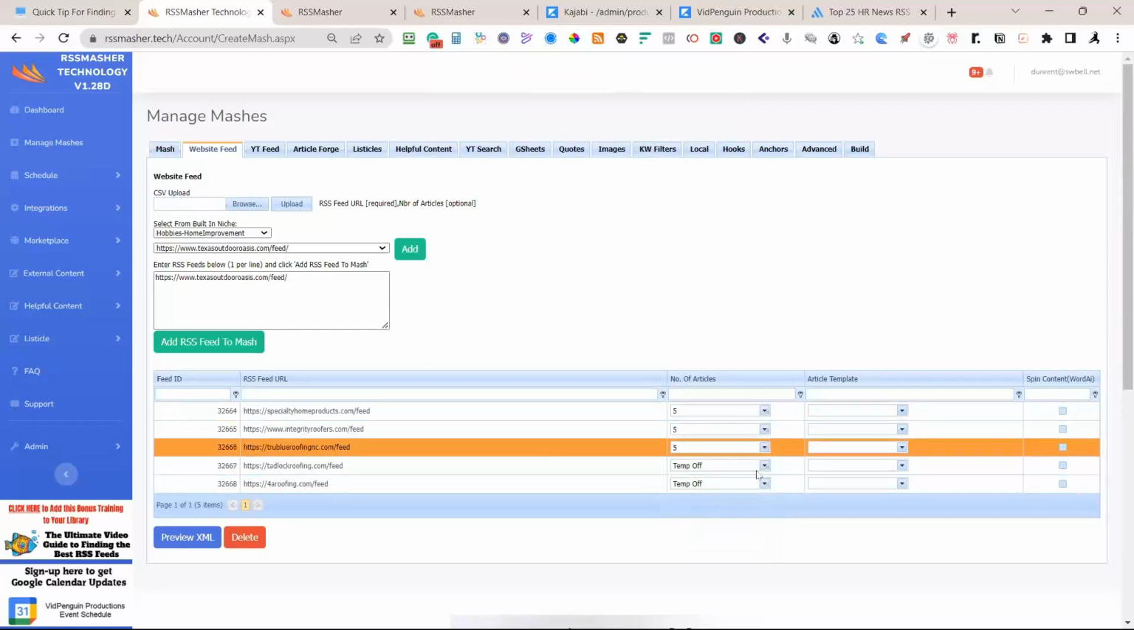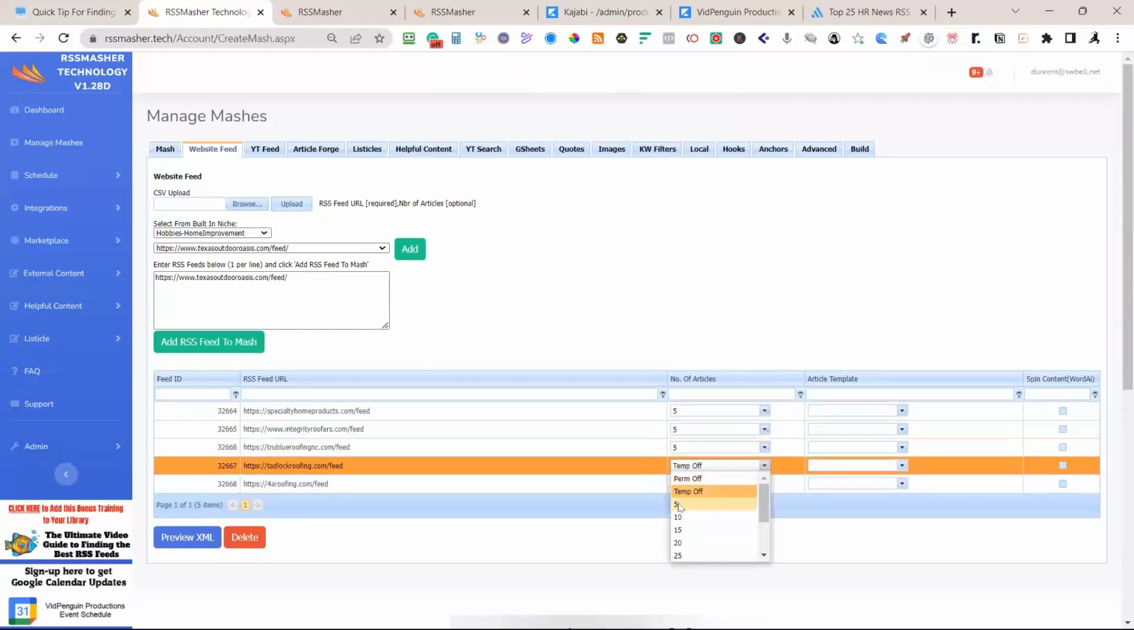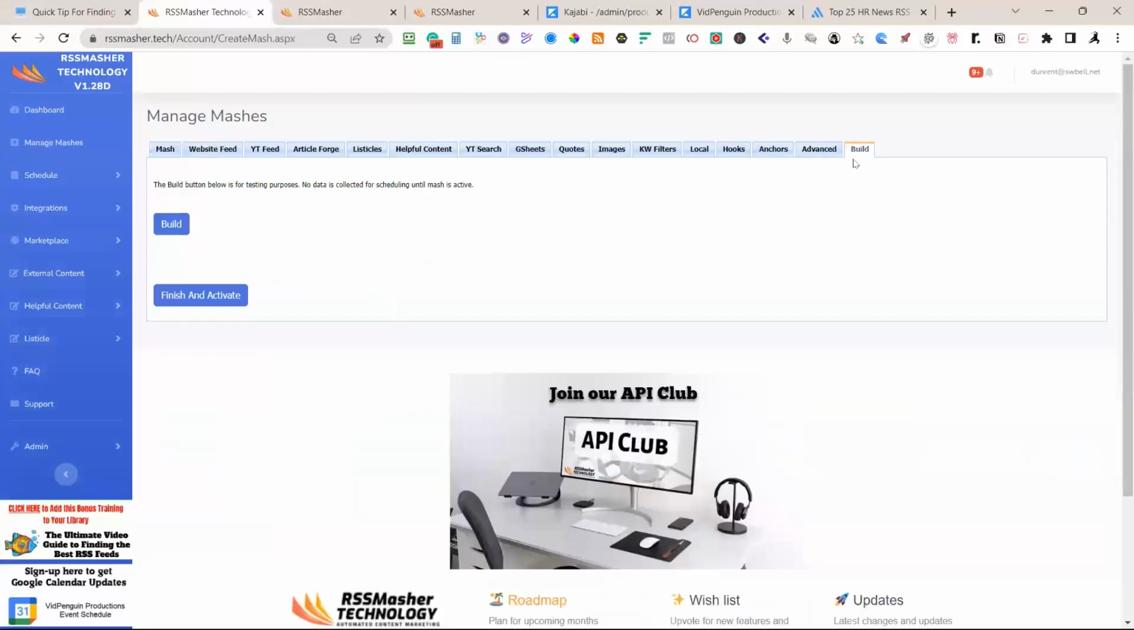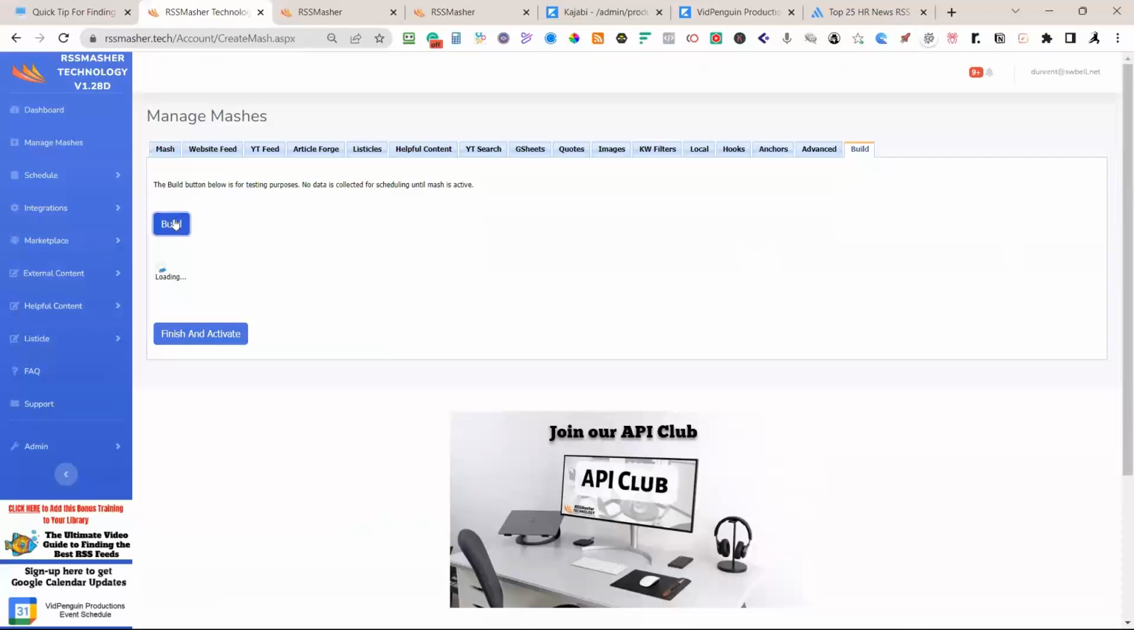And no matter what license level, you always have 5 or 10 in there. Okay. And we go over what all this is inside of the training. We have a complete walkthrough on training. And once I'm done, I'm just going to go ahead and hit build. And let's see what it should look like